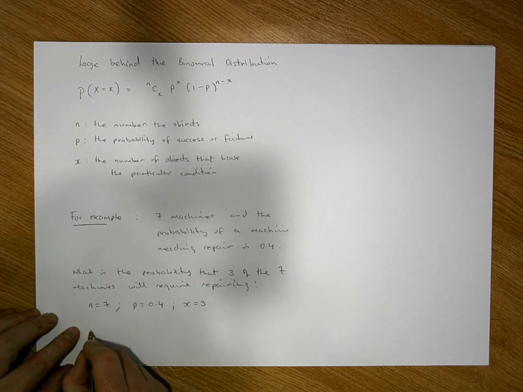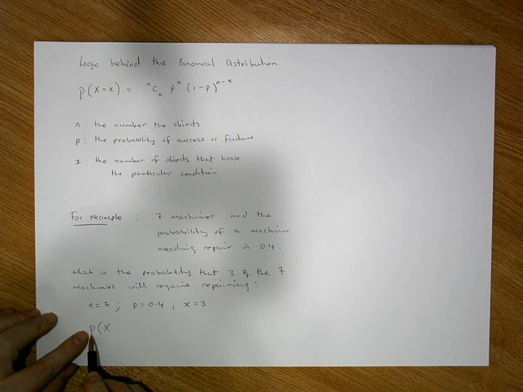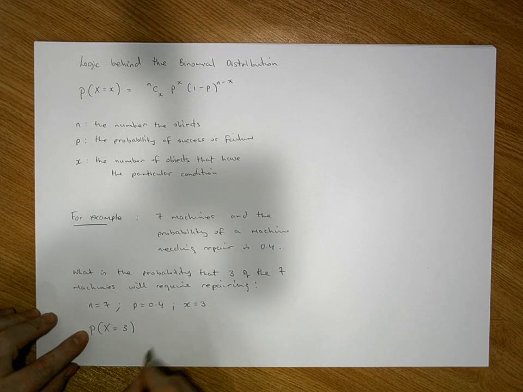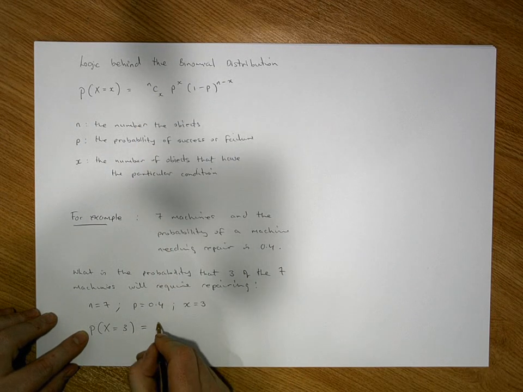In this particular case, all we do is fill in our details. Capital X in this case represents the experiment. So what is the probability that on any particular day 3 machines will require repairing? Well, that is equal to nCx. Let's fill in the parameters. So it's 7